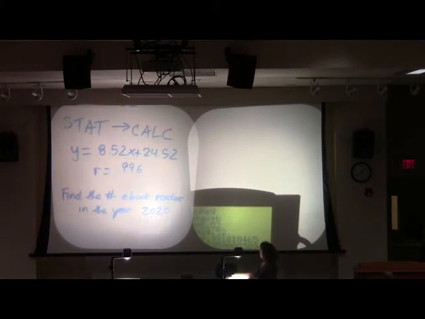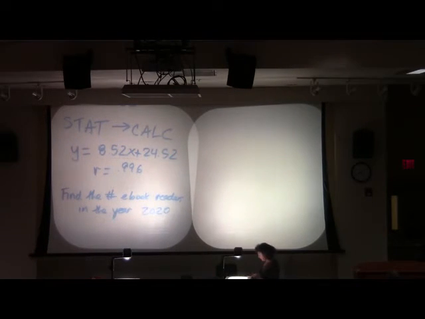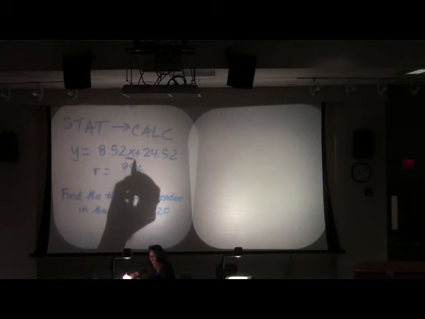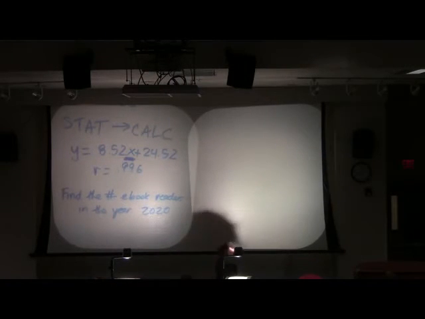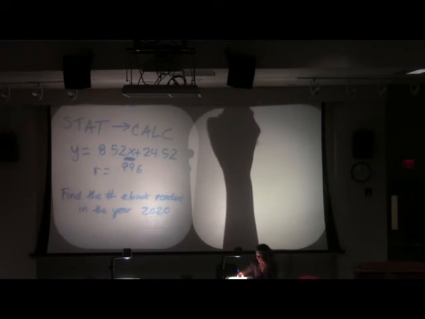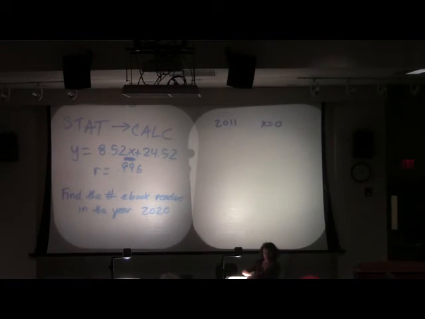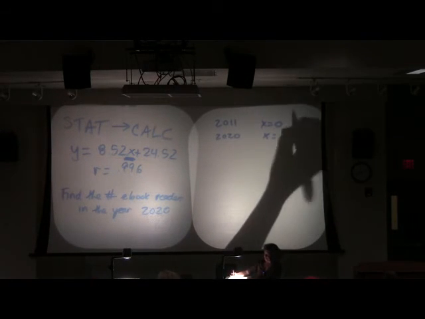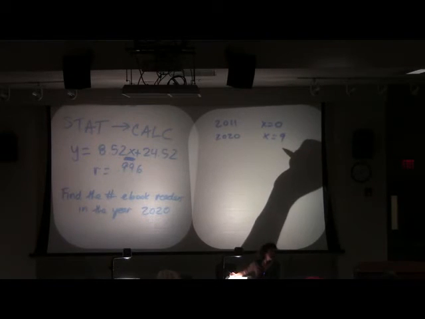Okay? So, we want to find the number of ebook readers in the year 2020. Well, am I wanting to find my x value or my y value? I'm wanting to find my y value because I'm wanting to find the number of ebook readers. Therefore, I better be given my x value. Am I directly given my x value? No. Okay? It's really close though. Do you remember that 2011 corresponded to x equals 0? So, what x value will I use for 2020? 9. Right? It's 9 years later.